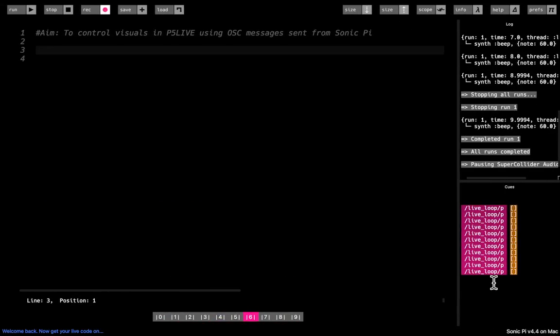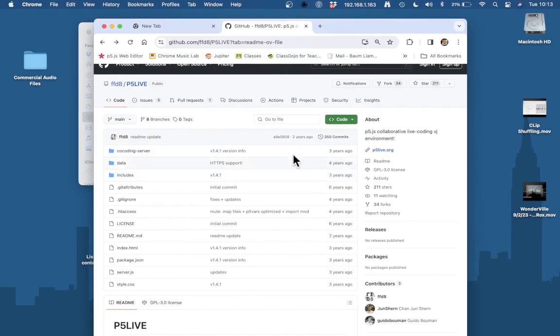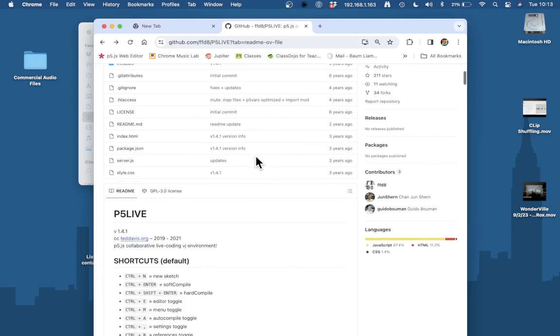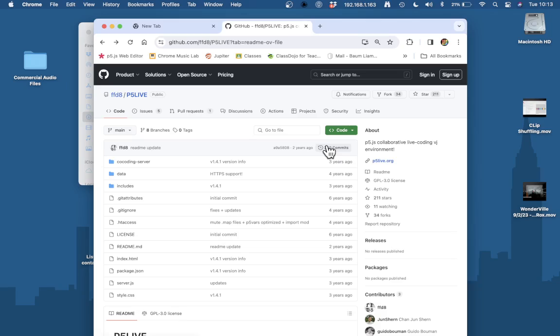Hi everybody. In this video we are going to look at how to control visuals in P5Live using OSC messages sent from Sonic Pi. Now if you are not familiar with it, P5Live is a live coding environment built upon P5JS, which is a JavaScript version of processing. It was developed by Ted Davis and is a great visual live coding environment, especially if you are familiar with